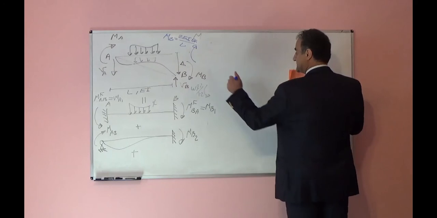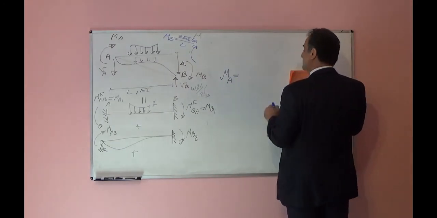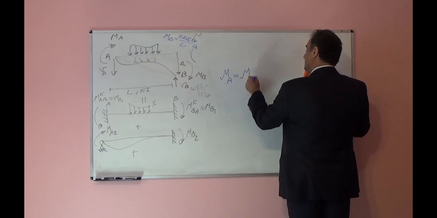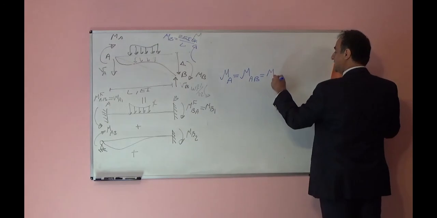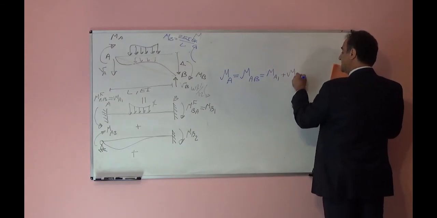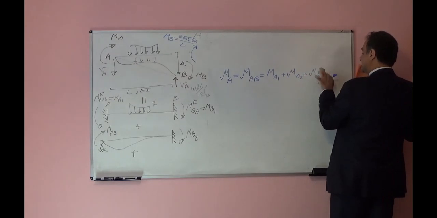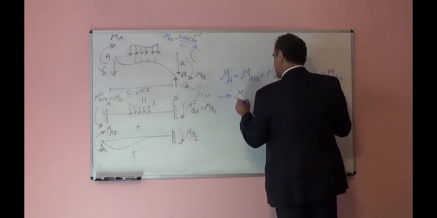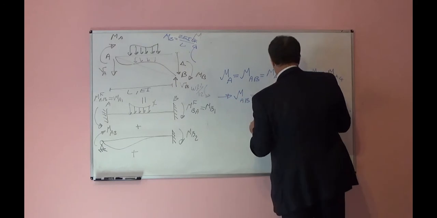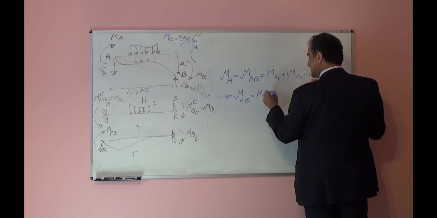In that case, MA, moment at support A, they call it MAB as well, will be equal to MA1 plus MA2 plus MA3 plus MA4. From here, MAB will be equal to MA1, it is fixed end